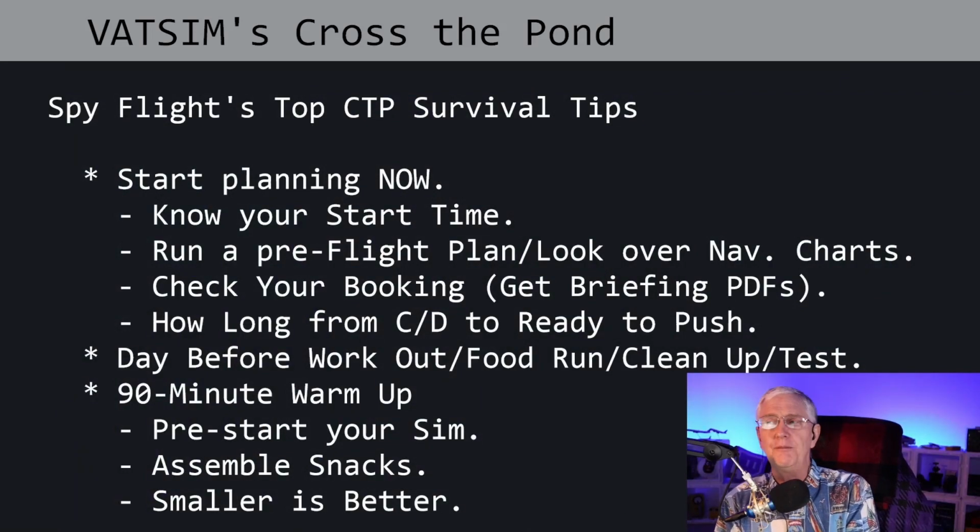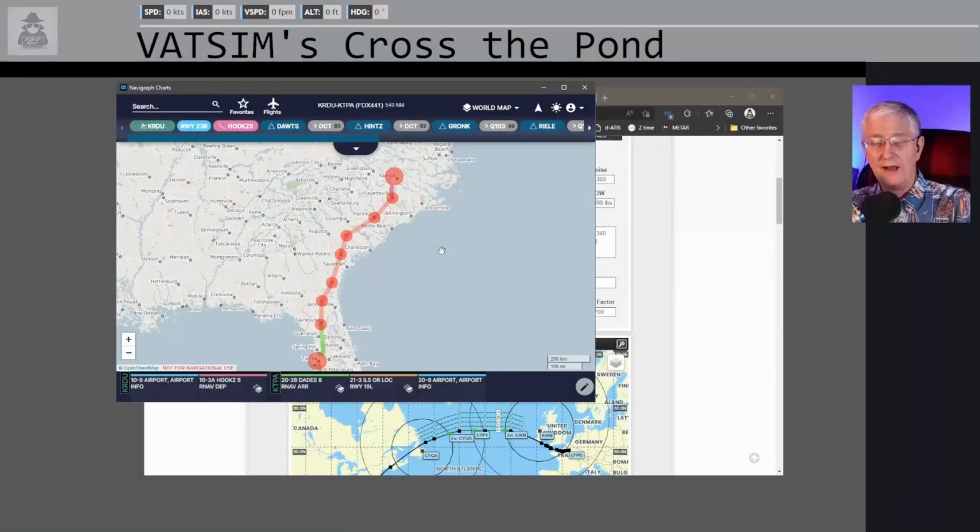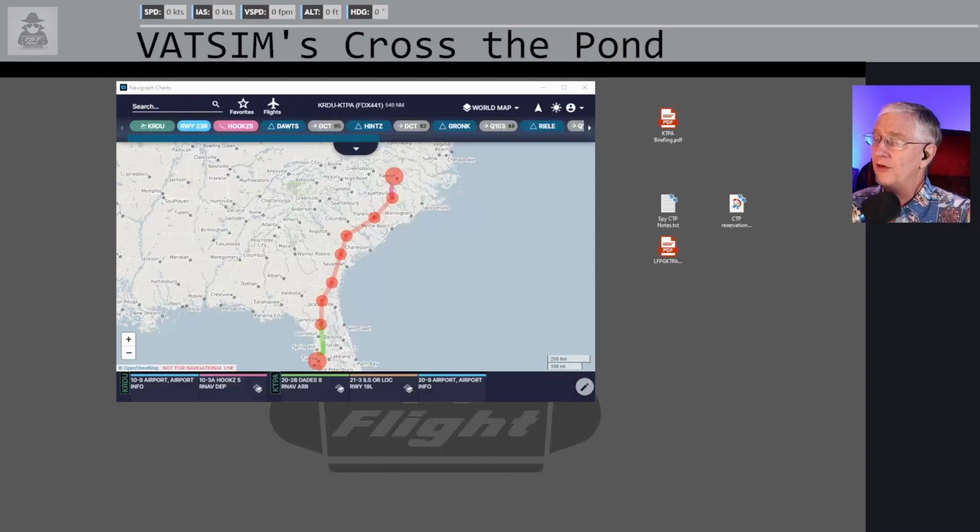So run your pre-flight plan. Next thing to do, grab your charts. Grab your charts and go and see what you got. Fly in and out of your departure airport. This is a flight that I did yesterday. And the flight that I did yesterday was to take the airplane that I'm going to be flying